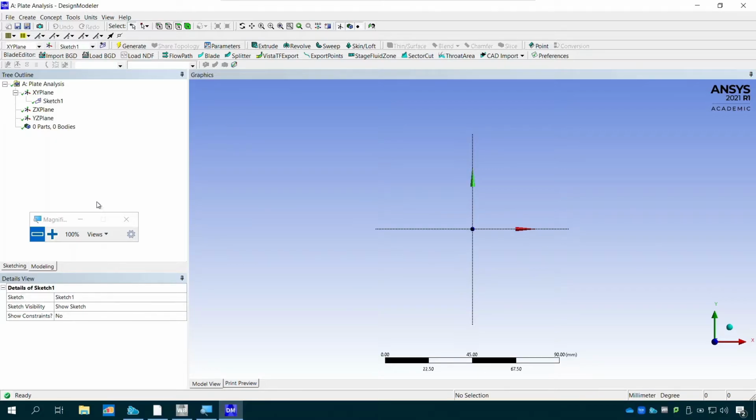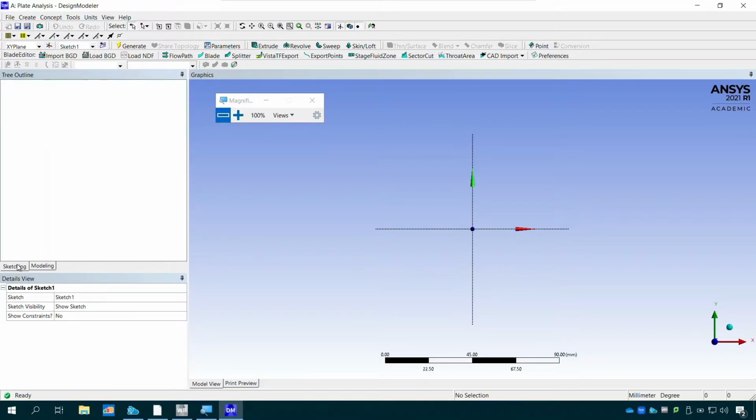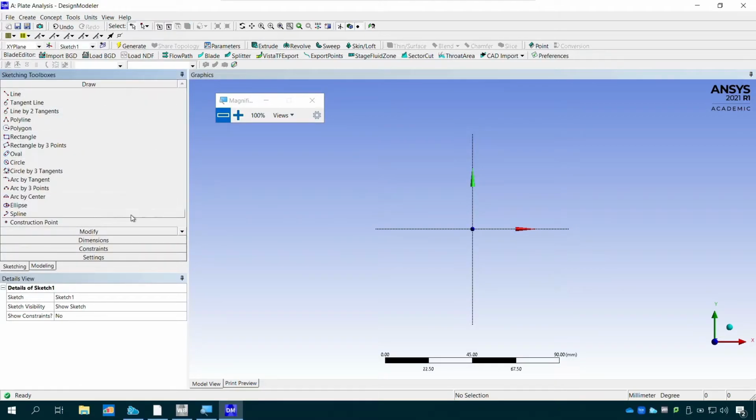What I want to do now is click on Sketching here. So click on Sketching, and you can see you will get these different menus. I'm sure you're familiar with it, because it depends on what CAD modeler you used before. It's quite similar to those. You have Draw, which you can use to create a line, polygon, rectangle, circle, and so on to create a model. For this tutorial, I want you to click on the rectangle